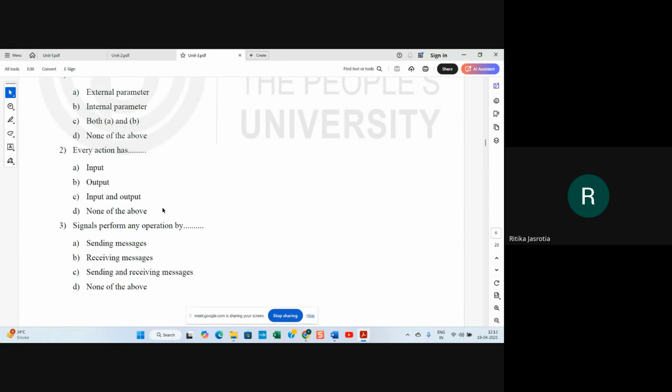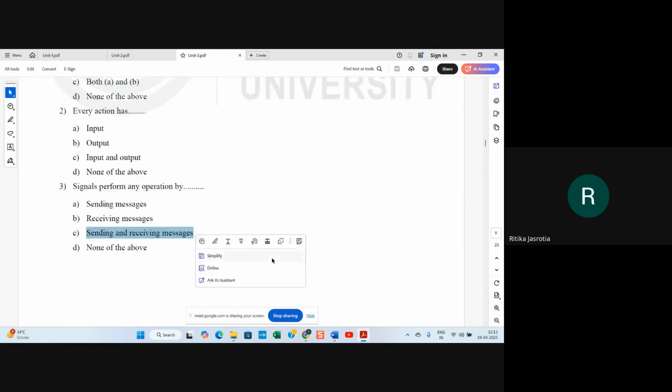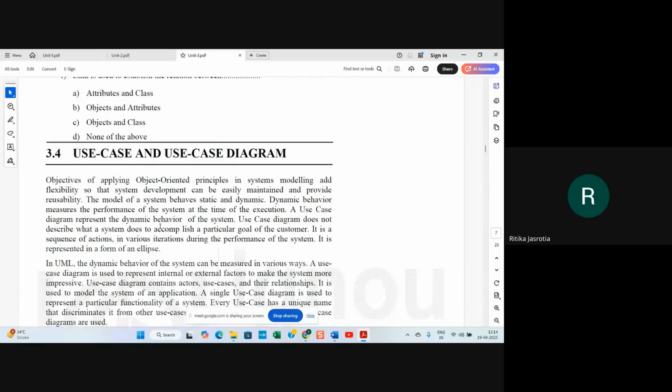Every action has input and output. Signals perform any operation by sending and receiving messages. Then links is used to establish the relationship between objects and classes. Right, so that is there.